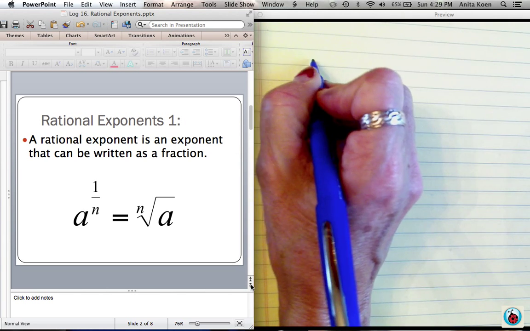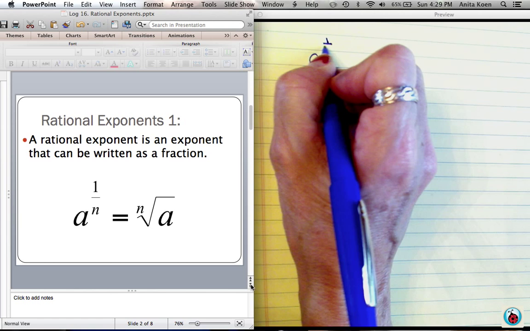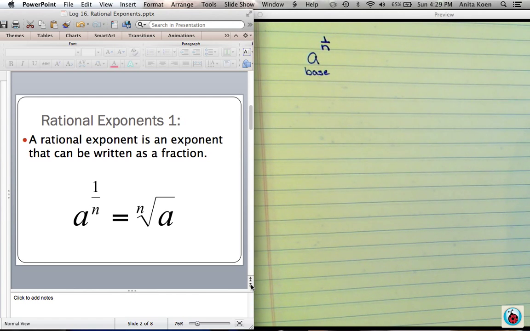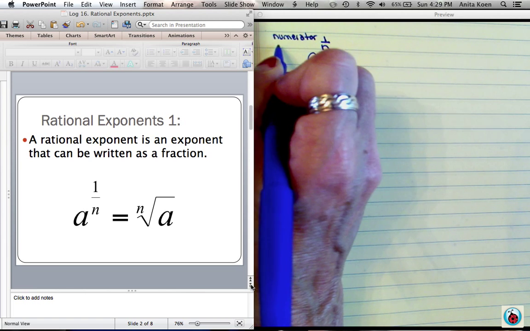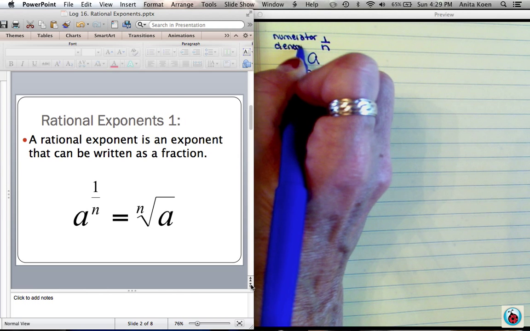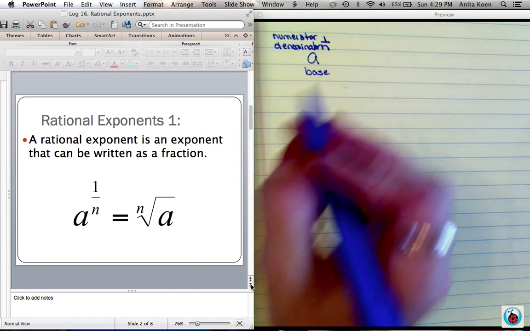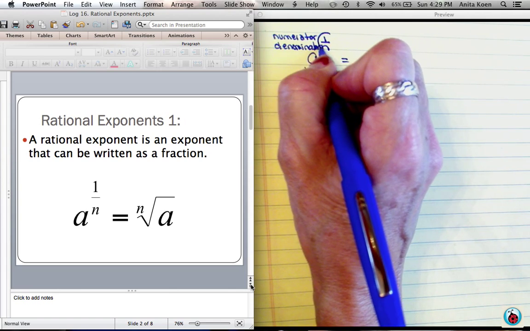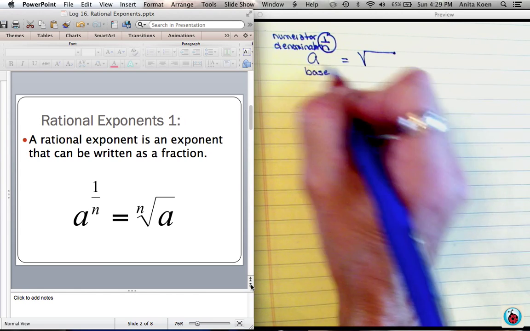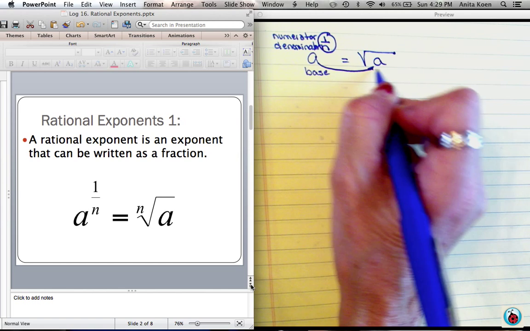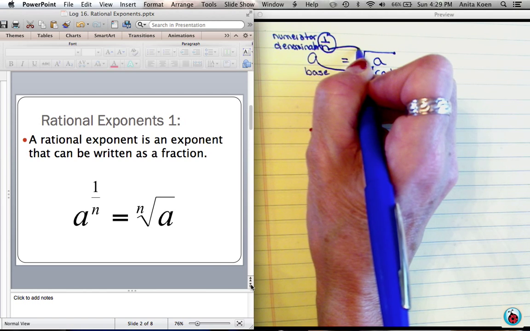So if I have a base of a to an exponent of 1 over n, where the 1 is the numerator and the n is the denominator, then whenever I see this fractional exponent, I'm going to always think of a radical. The base will become the radicand, the denominator will become the index,